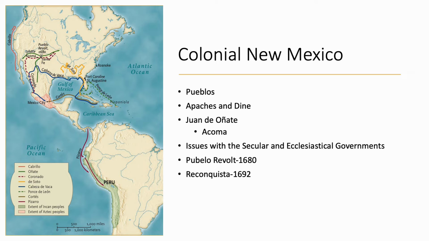The ecclesiastical government itself prioritized the conversion of the natives to Catholicism, and oftentimes this included using force, in the form of torture, in the form of physical violence, really using any means necessary to try to force the natives into adopting Catholicism. Now, these forced conversions combined with the constant demands for food and labor by the Spanish settlers essentially began causing a lot of resentment, needless to say, among the native population.